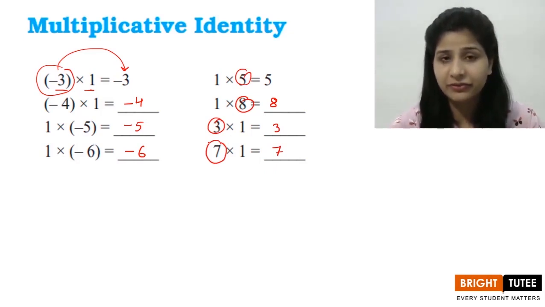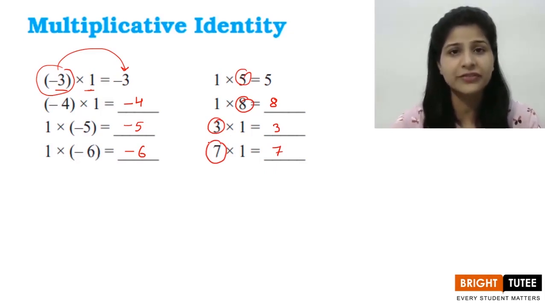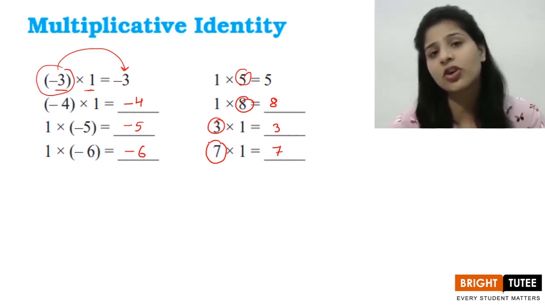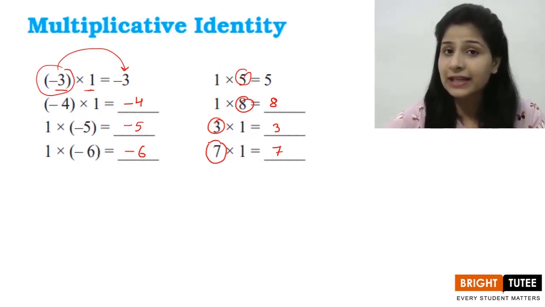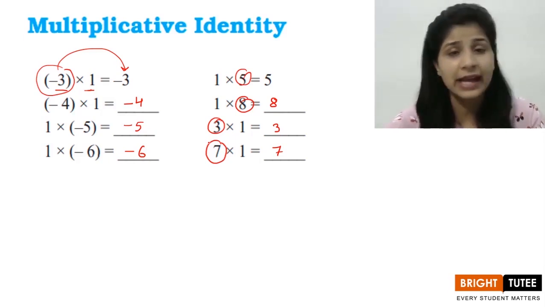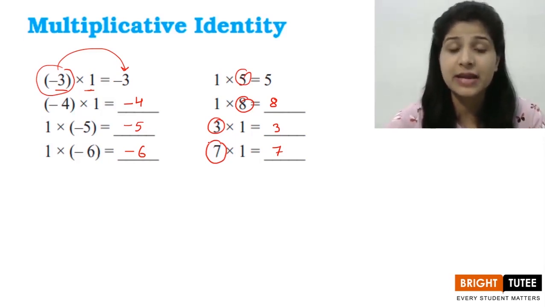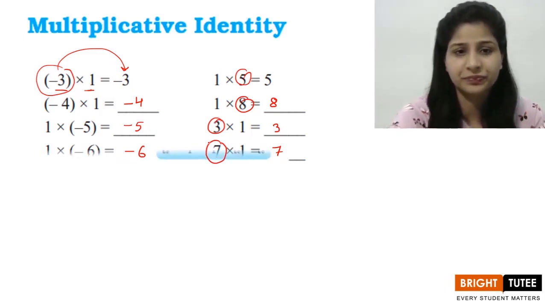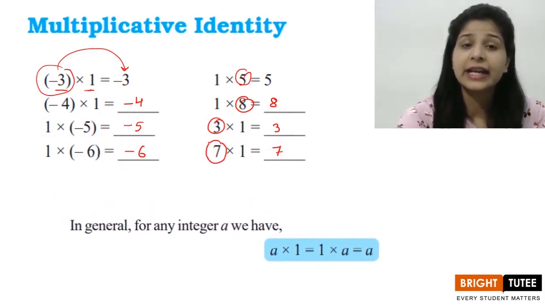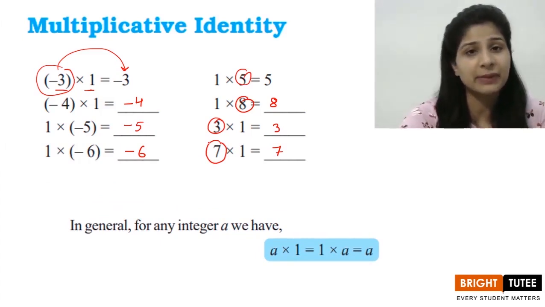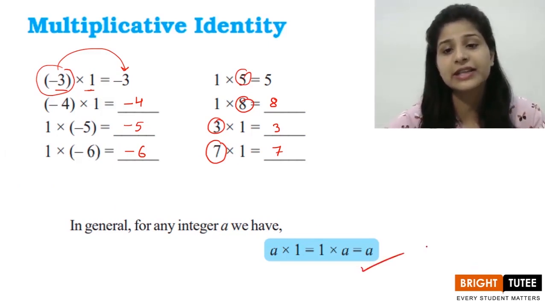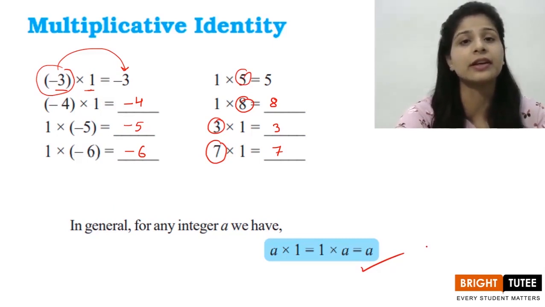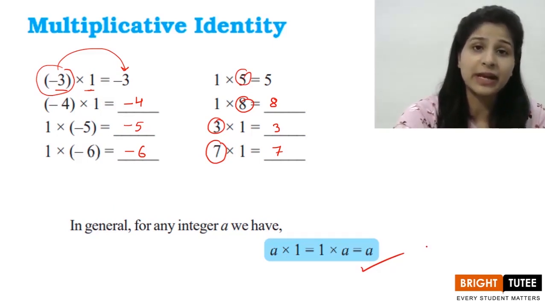Okay, you multiply it before or after, like you do 1 cross 5 or 5 cross 1. The answer would always be 5. You see what is happening? 1 is that number with which if we are multiplying any integer, we are going to get the same integer as the answer. So we can say a cross 1, that means a multiplied with 1 or 1 multiplied with a. A here is any integer. The answer is going to be what? The answer is going to be a only, the integer with which we are multiplying 1.